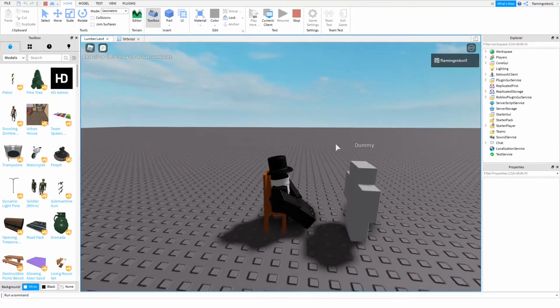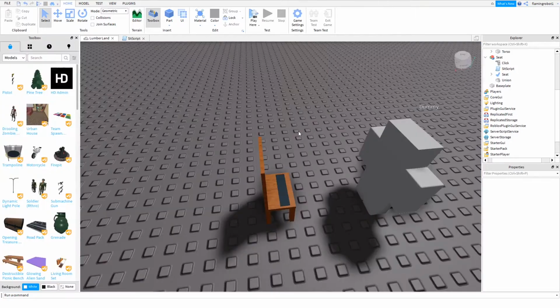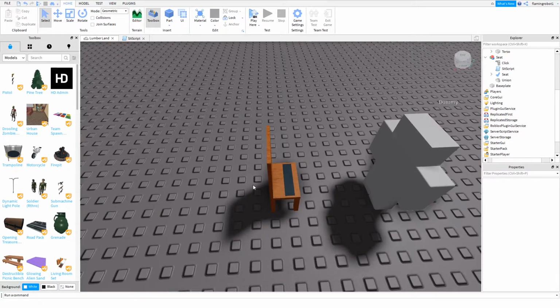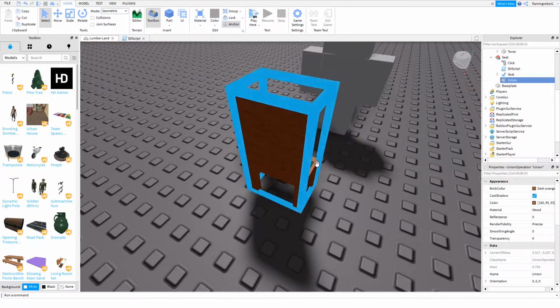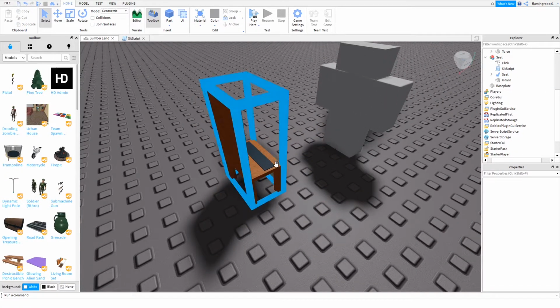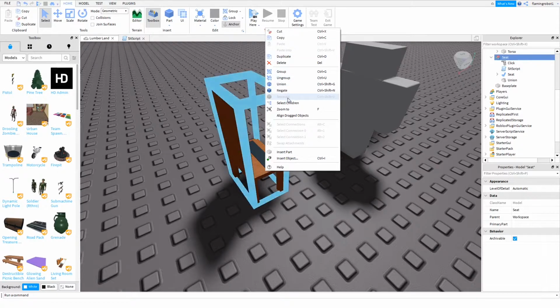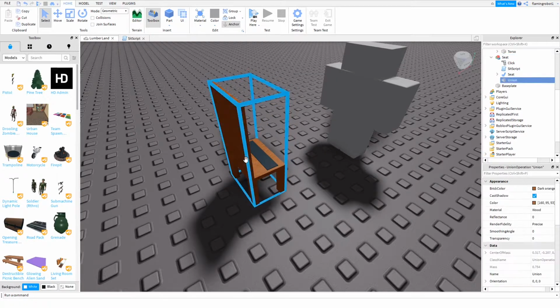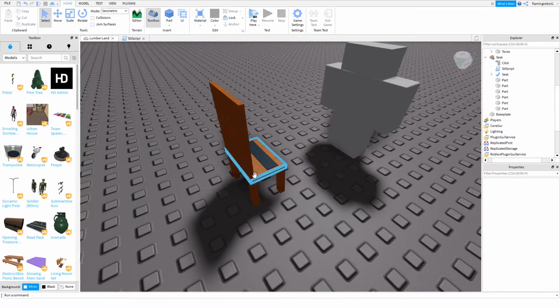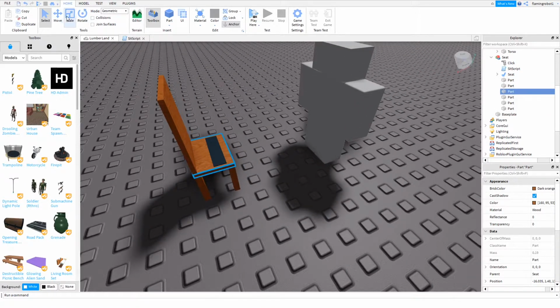My character looks like he has no torso. I should have just used R15. But the chair could go back a bit just to make it look better. Oh, whoops! I forgot. I had to separate it. Oh, I can't separate it. No. Separate. We could actually just grab this, scale it up just a little bit,